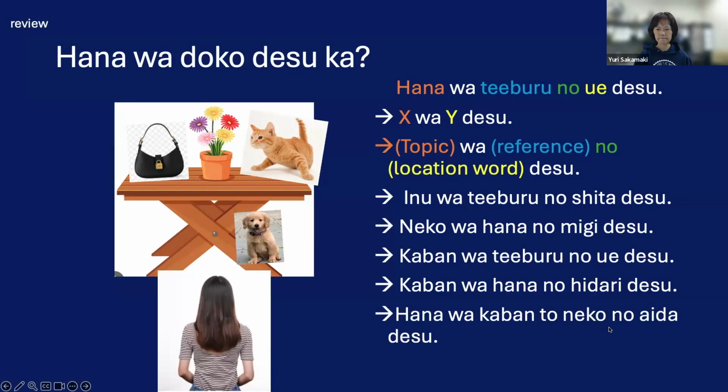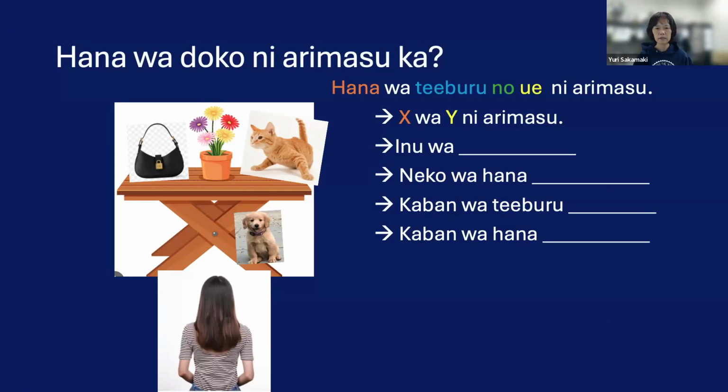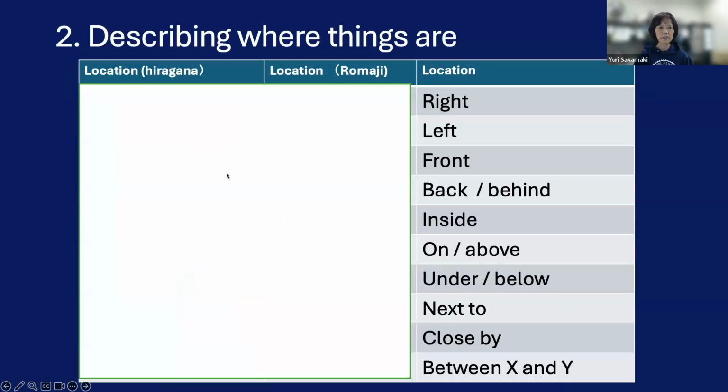All right, so like this. They all end with this. So this will be 犬はテーブルの下にいます。猫は花の右にいます。カバンはテーブルの上にあります。カバンは花の左にあります。So these are the new sentences using あります and います。花はカバンと猫の間にあります。